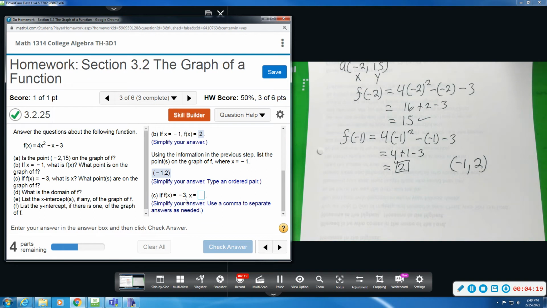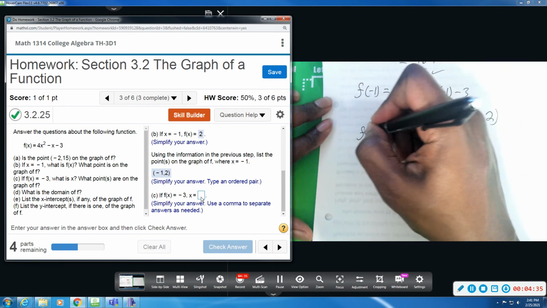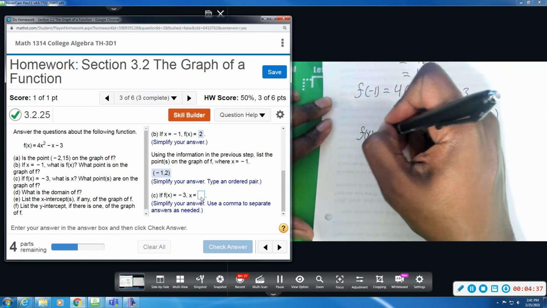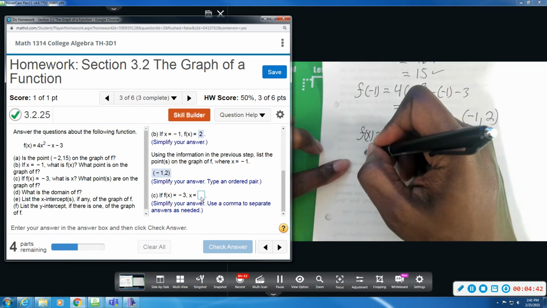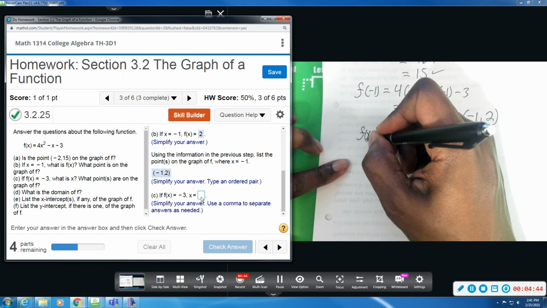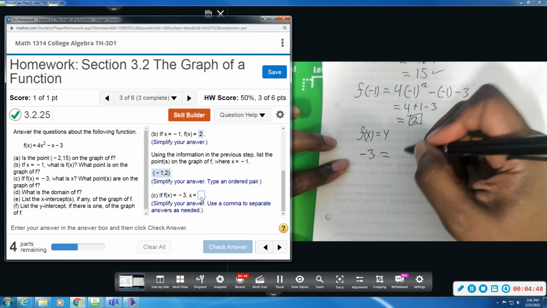All right, now part C. This one says if f of x equals -3. So now they're giving you the y value and they ask x equals. So just a little reverse of what we've been doing. So understand that f of x is equal to y. All right. F of x on the left side means I'm going to replace that whole f of x with a -3. And then I'm going to write my equation on the right, which was